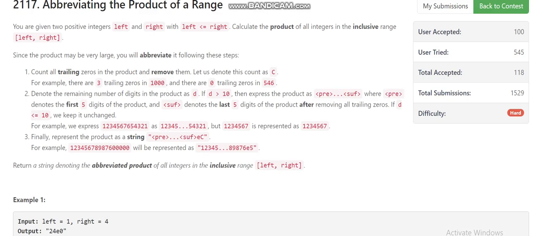So now we are going to discuss the fourth problem of Leetcode Biweekly 68. The problem is abbreviating the product of a range. We are given two integers L and R, left and right. We have to multiply every number from left to right, and we have to output it in a different